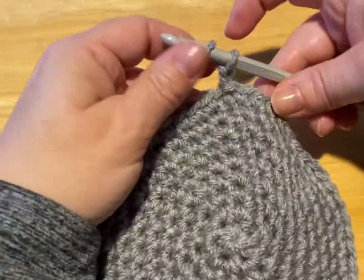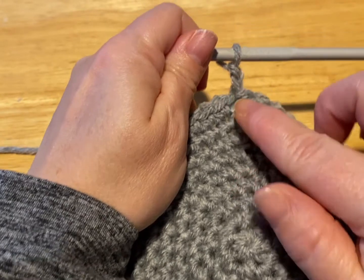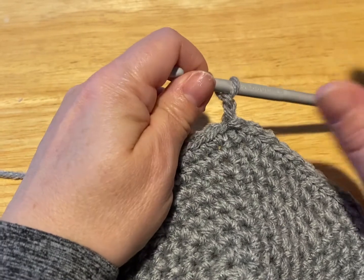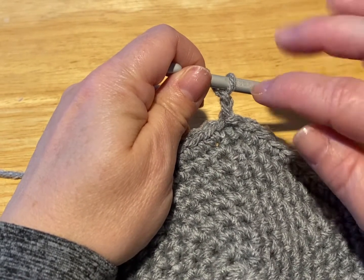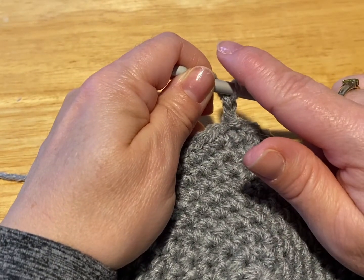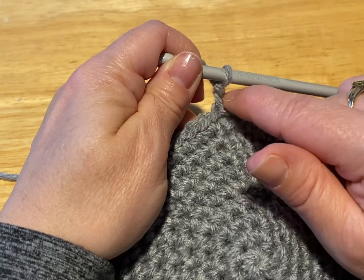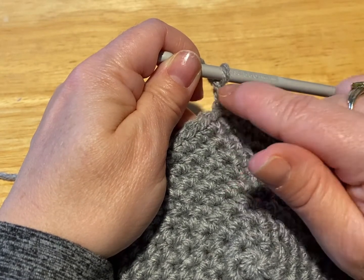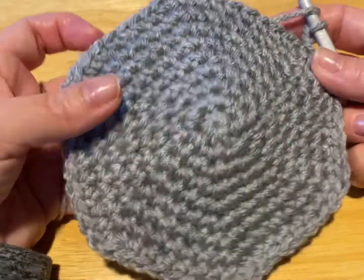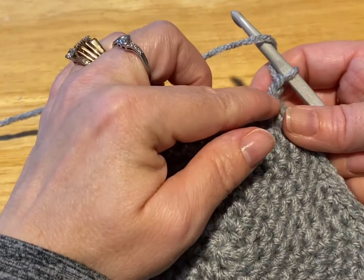Now, I find that when I'm doing rounds, if I always go into the chain, eventually my stitches start to go diagonally. I don't know why. If you don't have that problem, don't do this trick. The trick is that the first round I go into the chain, and the second round I go into the stitch. Always make sure you have 54 stitches, not counting the chain. One row you go into the chain, next row into the stitch, next row into the chain, next row into the stitch. So do 9 rows of double crochet in the round, going into the chain, into the stitch,